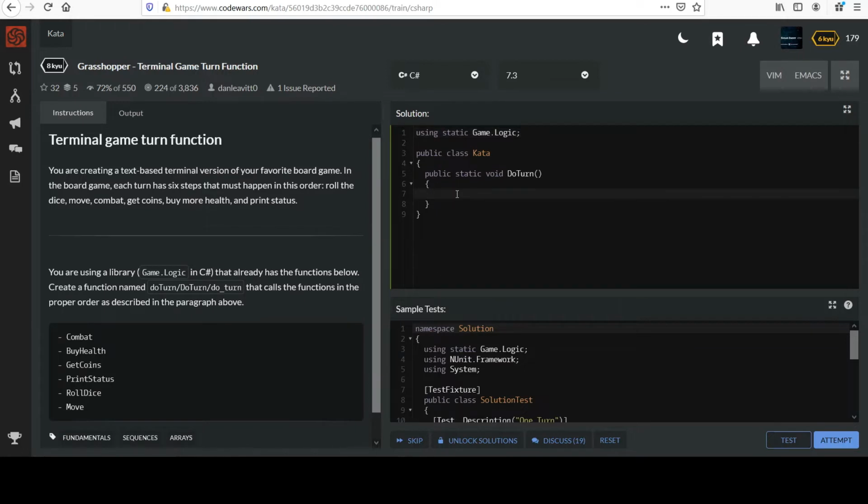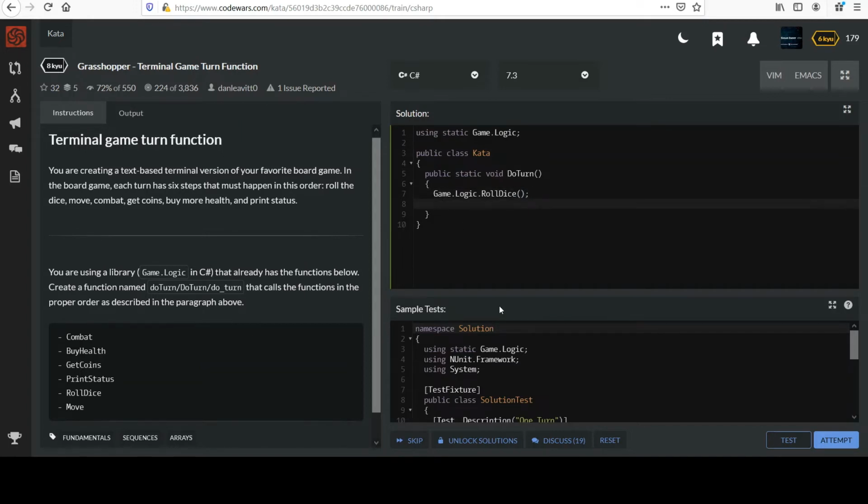So we have the game logic. We know that functions by these names exist in there. So it's just a matter of getting the order right and calling each of them. So we see first is roll the dice. I copied the game logic, and then I check this chart below and it's called rollDice. Very well named. And they didn't speak of any parameters, so we know that we just have these empty parentheses for each function